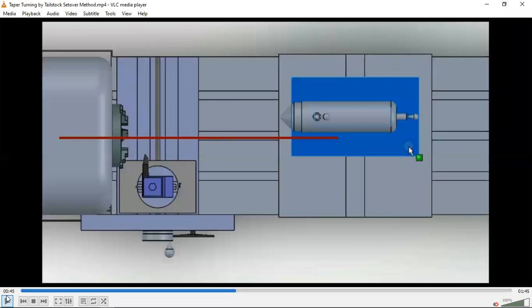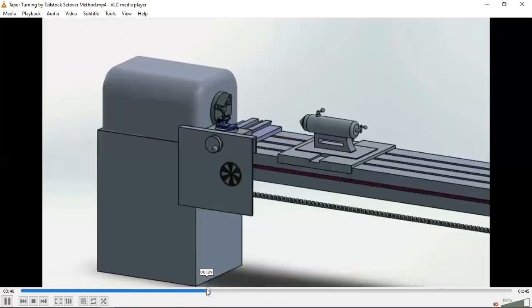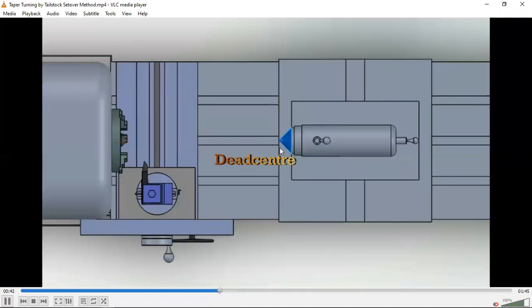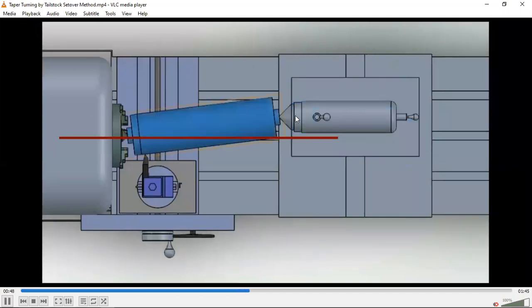If you look at this tailstock, this is the tailstock which is offset. Here is the dead center, and this is the actual line of axis. Then we offset the axis, and now the workpiece is held. This is the amount of offset from the actual lathe axis. The lathe axis is this one. This is called the dead center or tailstock offsetting. So the job is placed like this, and this offset is what we are going to calculate using that equation.